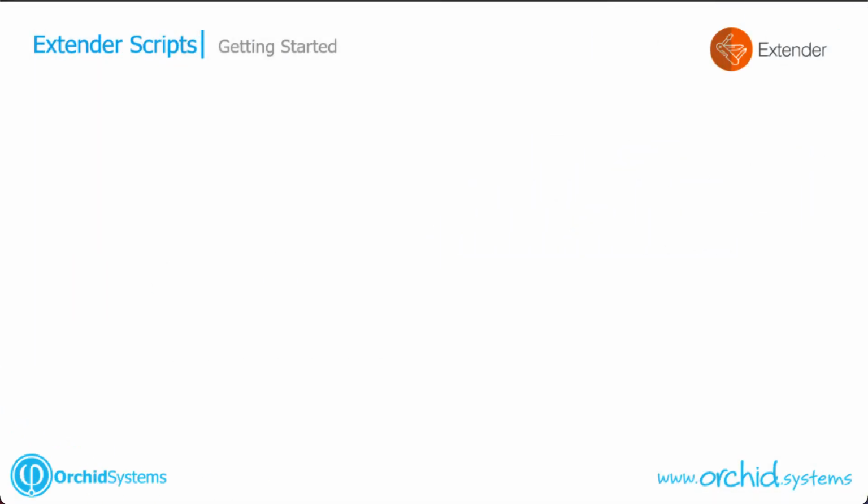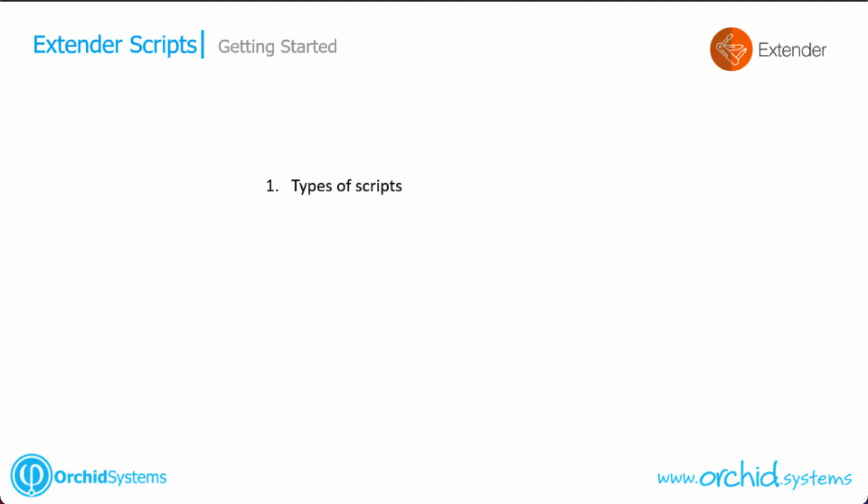We've now created a module, we've created a custom table, and we're ready to dive into Extender scripts, which are really the core of what you do with Extender Developer. There are different types of scripts. First, some scripts that you can just run. They will either open a UI or you run them and they actually do something in the background. You have scripts that you add to screens, so they would be adding a button to the AR customer screen,